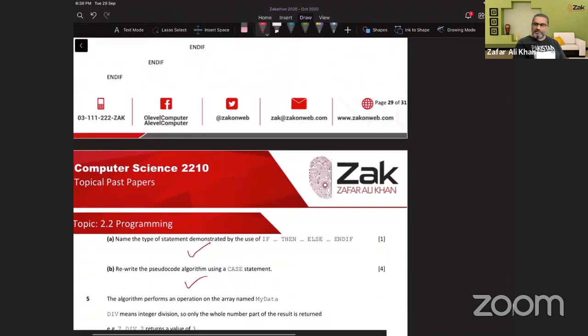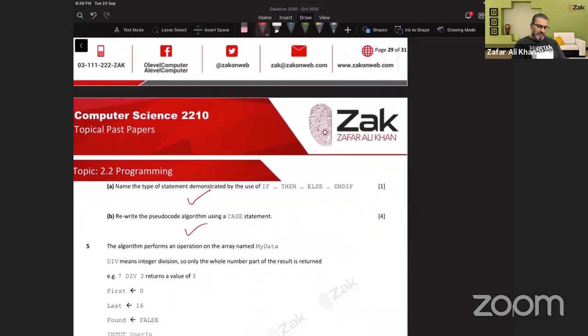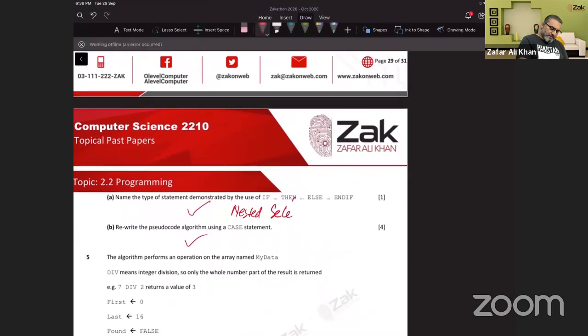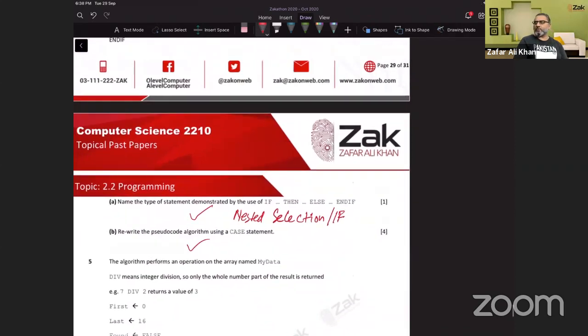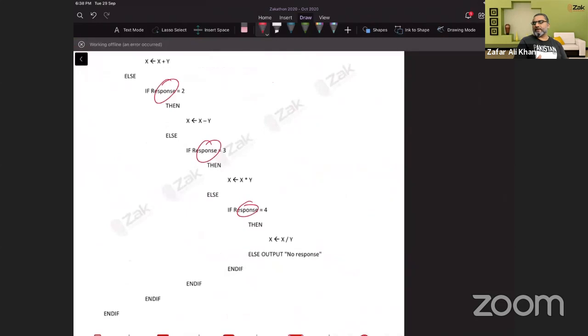Rewrite the pseudocode using case. So how will we do it? It is all built around response. So when there is just one variable which is being evaluated,